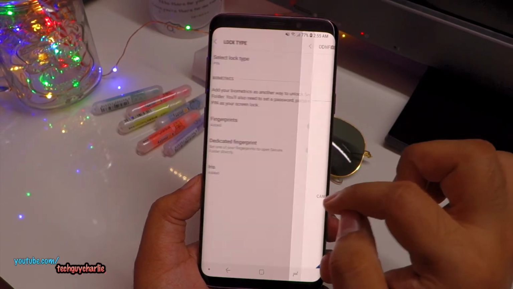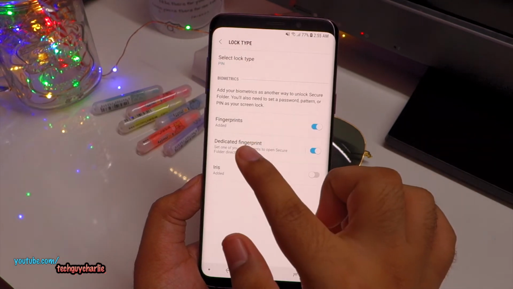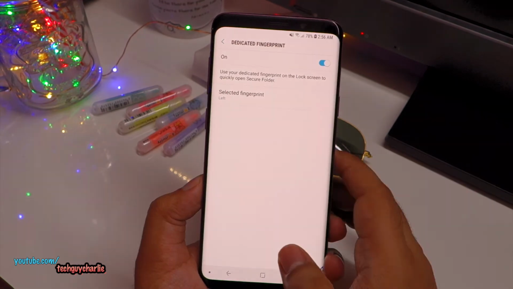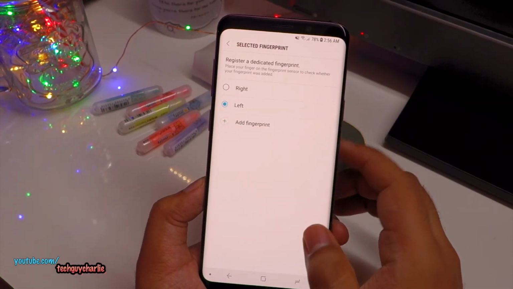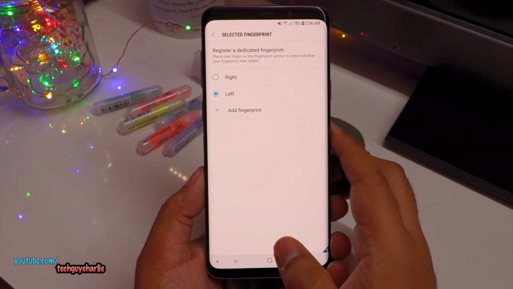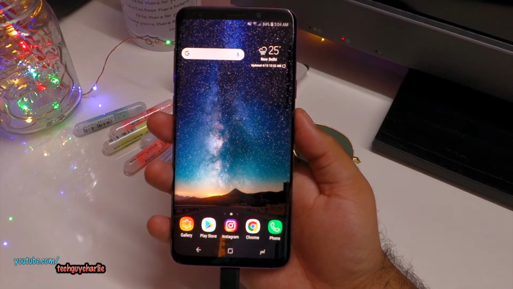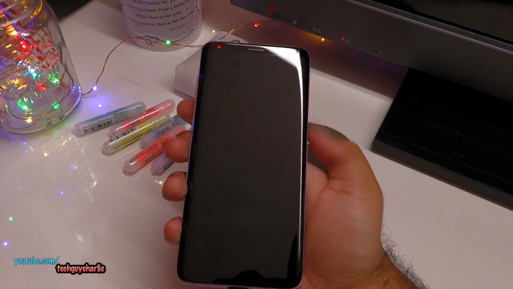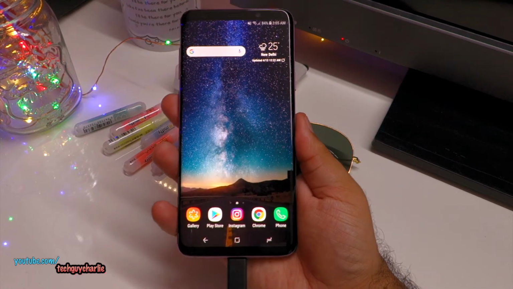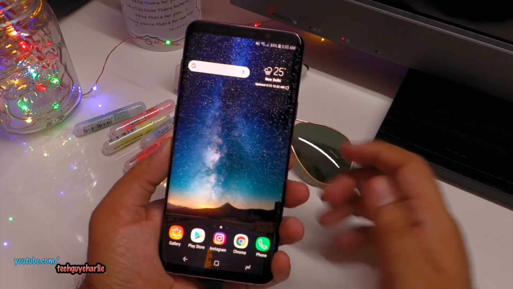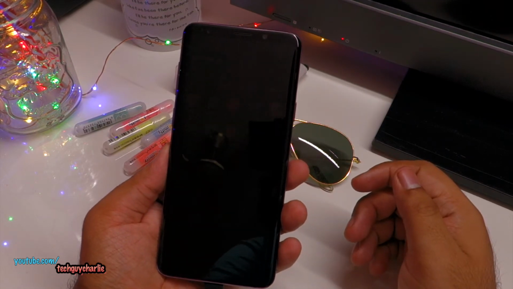enter your PIN and then make sure the dedicated fingerprint option is enabled. Then tap on selected fingerprint and select the fingerprint which you want to use to directly go to the secure folder. So with these options enabled, if I unlock the phone with my right hand fingerprint, it'll go directly to the home screen. But if I use my left hand fingerprint, it will go to the secure folder, just like